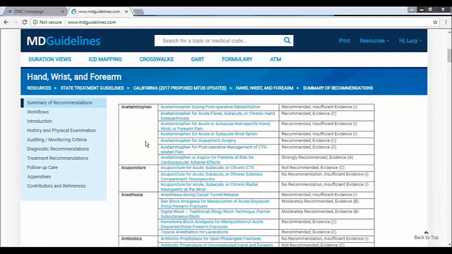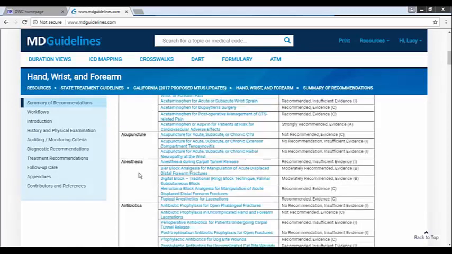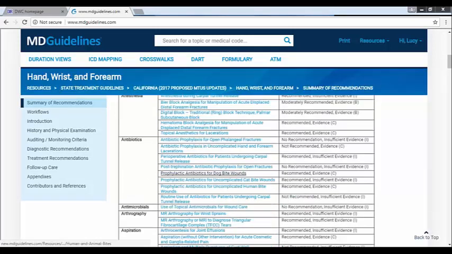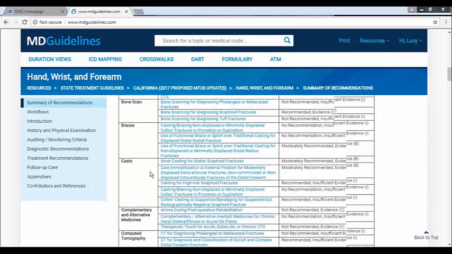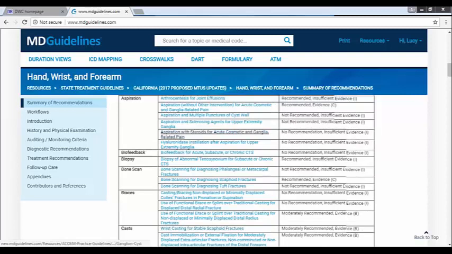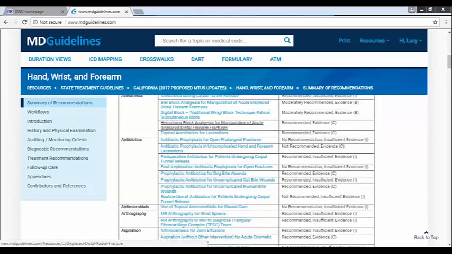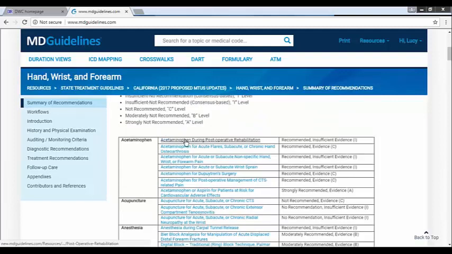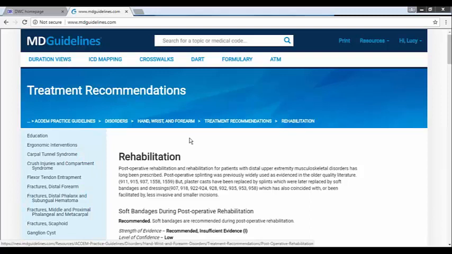It starts with acetaminophen, and this first one is for postoperative rehabilitation. We have information on acupuncture, but you can scroll down through all of the different topics and click into any of these in order to find that section in the guideline itself. So I'll go into the guideline, and here is the information.